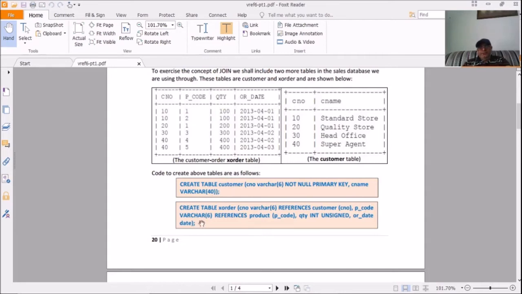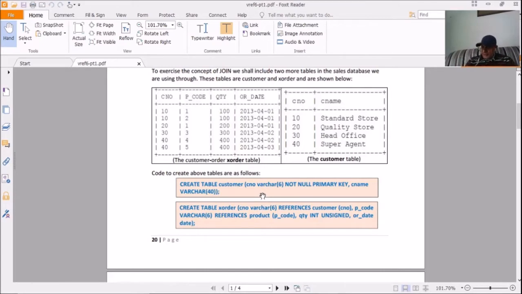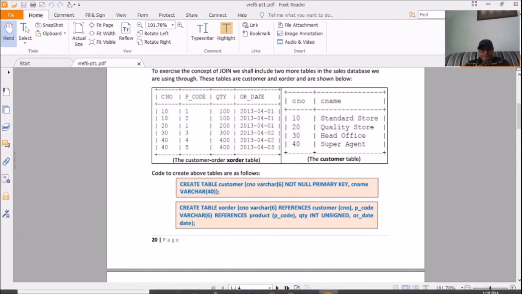So P code varchar 6 references product P code, and the rest of the columns are as shown in the table, but they are not foreign keys or primary keys. So this way I have created these tables, and I have given the commands to create these tables in the notes. I have given just the commands to create the tables and not the commands for inserting the data, because I am assuming you are well versed in inserting rows in tables.